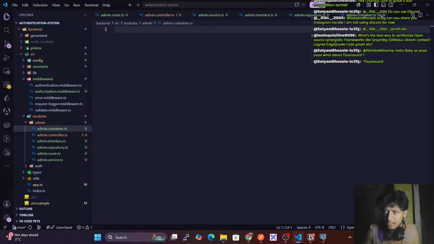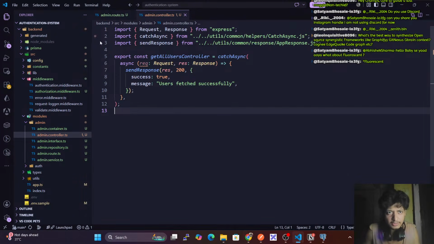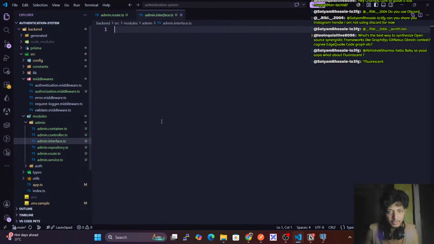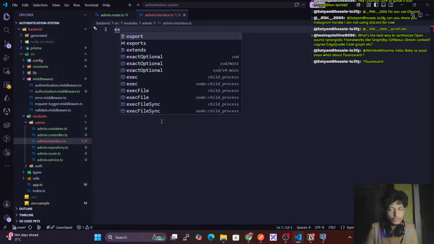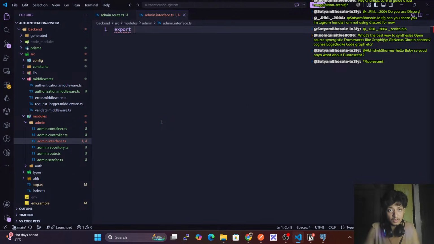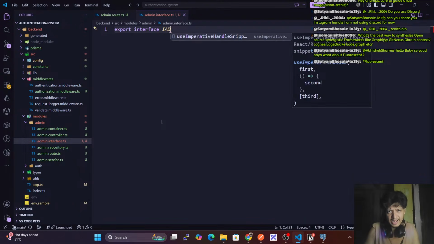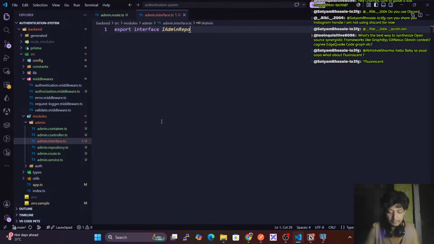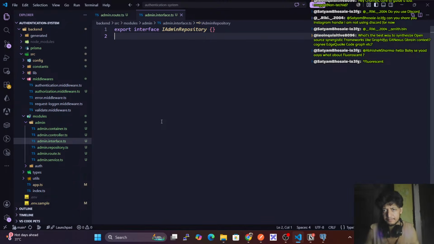Okay, we have all of this. So first let's start with the repository or interface layer. Export interface IAdminRepository. Okay, so here we have a function called